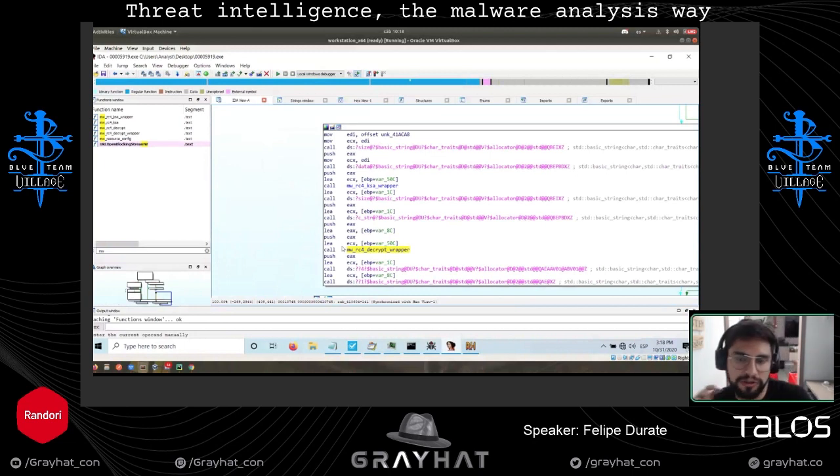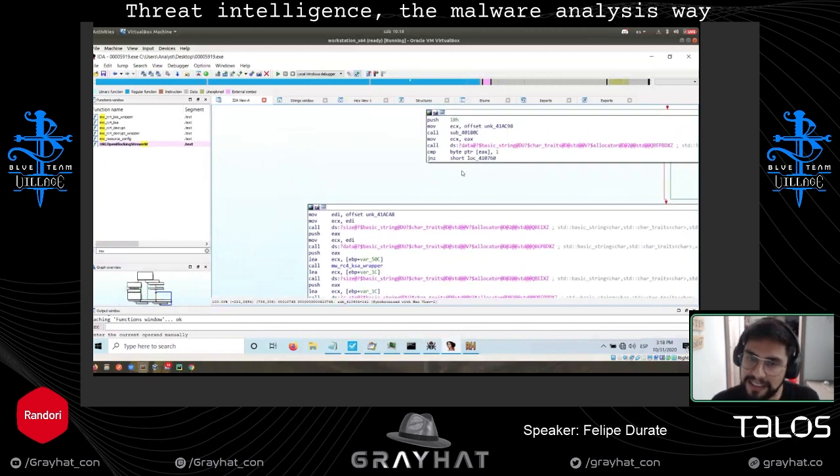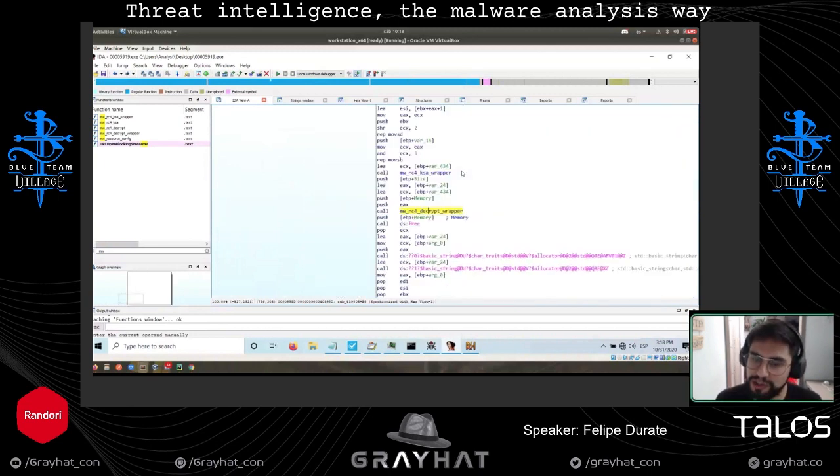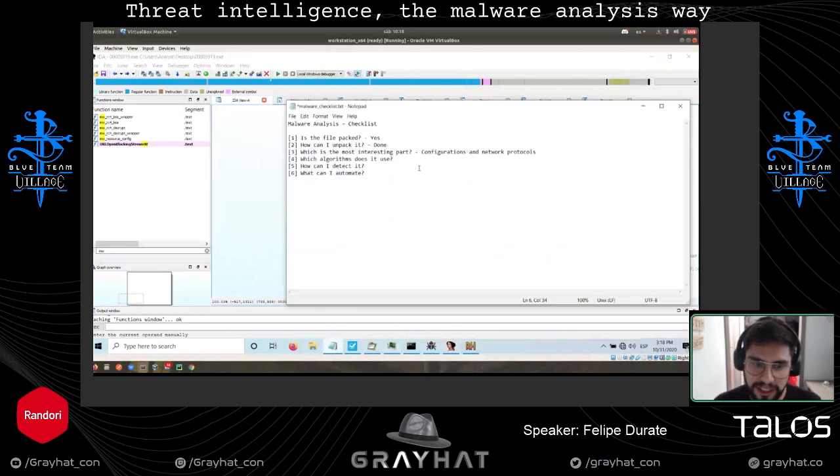The network traffic data could be encrypted with RC4. I don't know, we just need to find that. But at least in the reversing portion, we already have identified a lot of information. So, which algorithm does this thing use? We already know that this thing uses RC4.